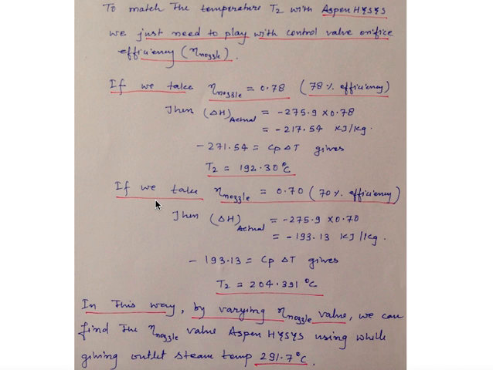So you need to see what guarantee your vendor is giving, or what orifice efficiency your vendor gives in your control valve data sheet, for the control valve where you are throttling your stream, to come to the actual calculation. So this is all about HYSYS and manual calculation for flashing across a control valve.